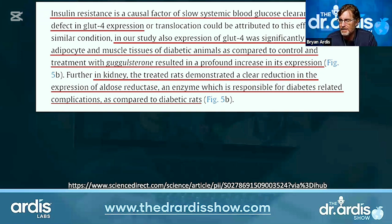In our study, we're just talking about insulin resistance. In our study, also expression of GLUT4 was significantly low in adipocyte fat cells and muscle tissues of diabetic animals as compared to the controls. And the treatment group with glucosterone resulted in a profound increase in its expression, which helps you to improve insulin resistance, type 2 diabetes. In kidneys, the treated rats demonstrated a clear reduction in the expression of aldose reductase, which